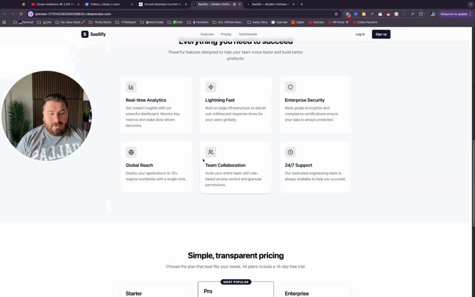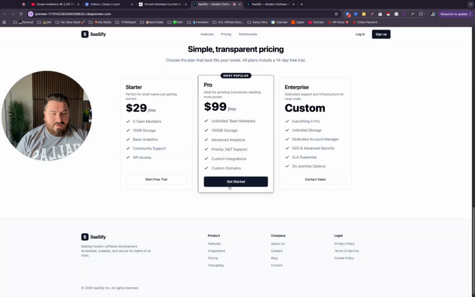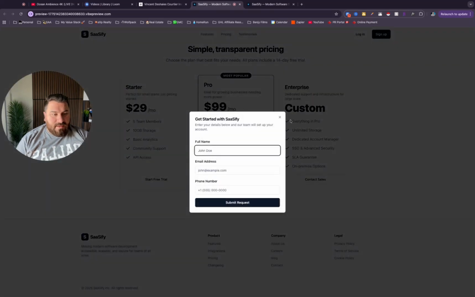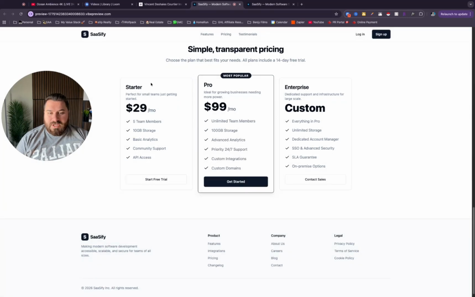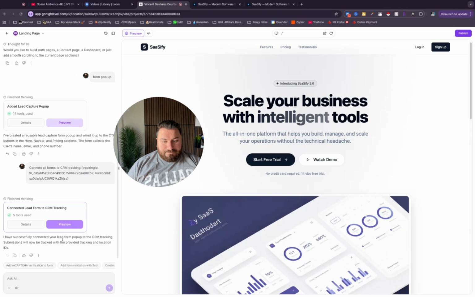So if I go down here, now what happened is that if I do start free trial, it does the form. If I do anything, it does the form. This is pretty good, but now we want to change the starter and the pros call to action, and we want to make sure that it's actually a checkout link rather than a form. So we're going to go ahead here and we're going to say,